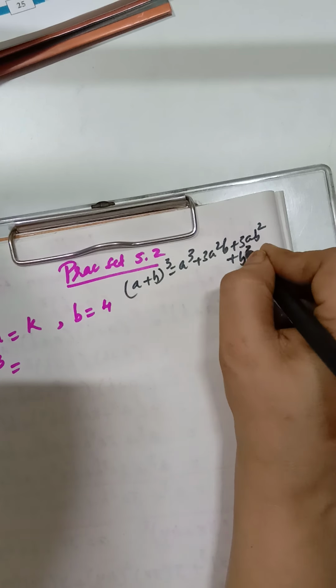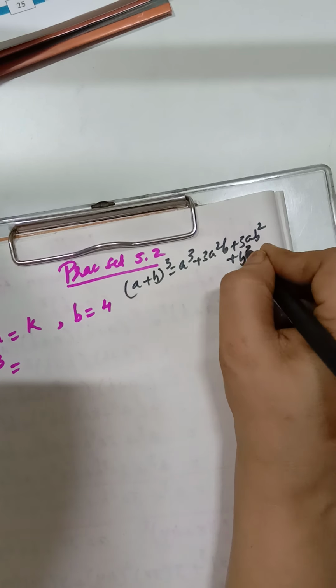Then 52 whole cube. So the fourth sum is 52 whole cube. Now 52 children, I can write it as 50 plus 2 the whole cube. Okay, 50 plus 2. Now since it is a number also, the formula method will be same. Here your A is what? You can write it here. This is your A, this is your B.